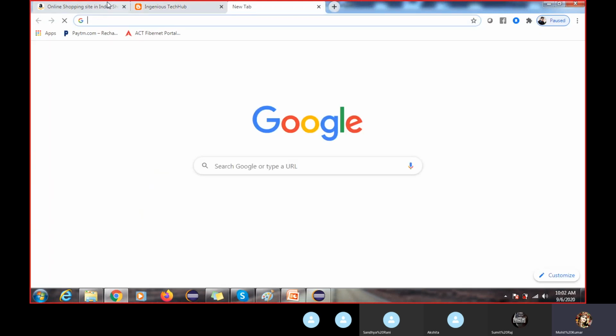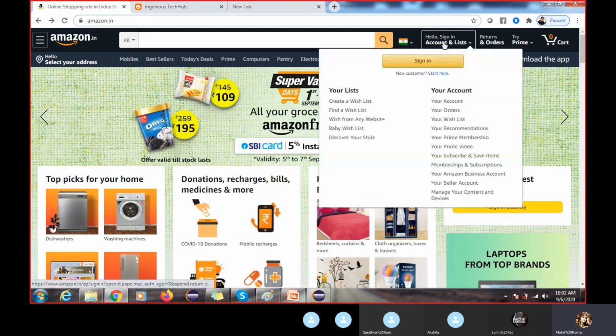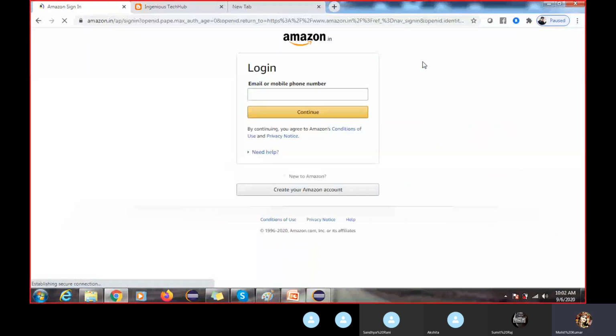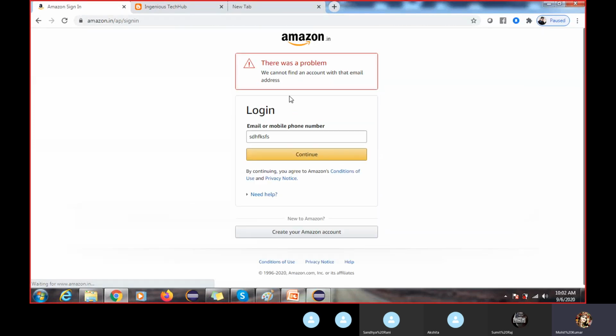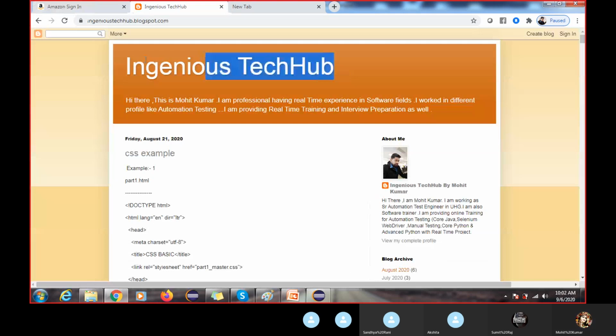I can validate this Amazon, but here one more concept is there, mouse over. So I held this example, but in the coming session, when I teach you how to handle mouse over, then we will learn how to validate that scenario. Okay, so if you are getting any error message, the concept is the same. We have to capture this text and this text, and we will compare. Okay, is it displaying properly or not.